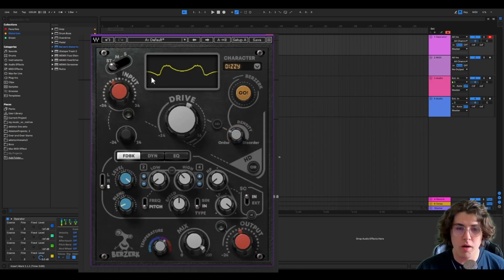My favorite part of it is definitely the feedback section, which is really where it gets fun. So basically you have feedback that you can add into the signal. And a really fun thing to do is you can actually tune it to specific notes, not just random frequencies. That way you can have tuned feedback, which is, I think, really cool. So if I play this note,